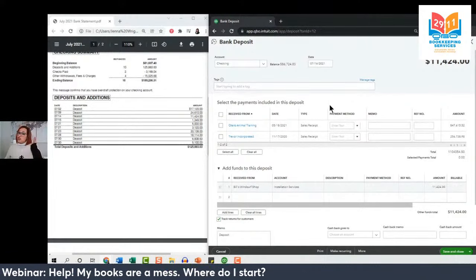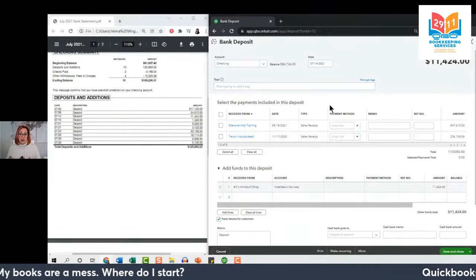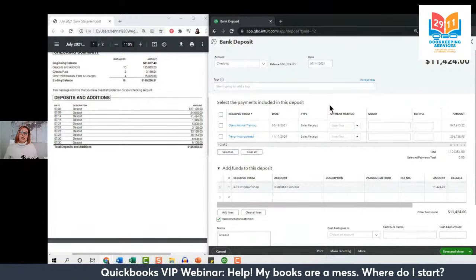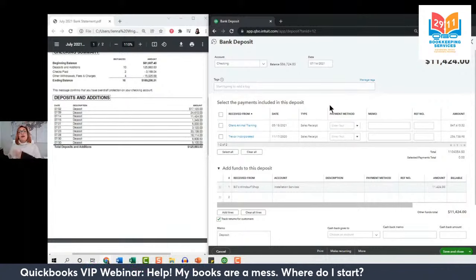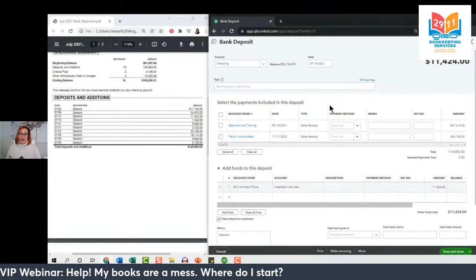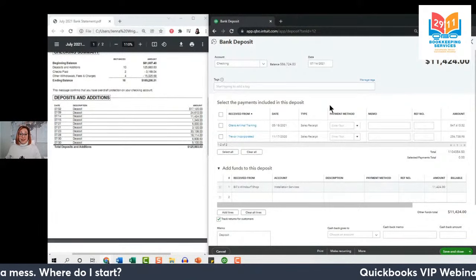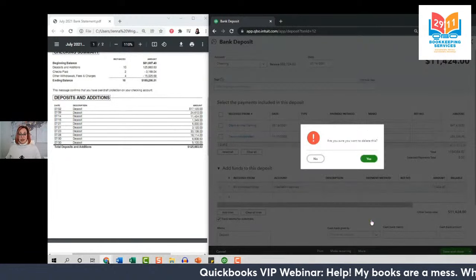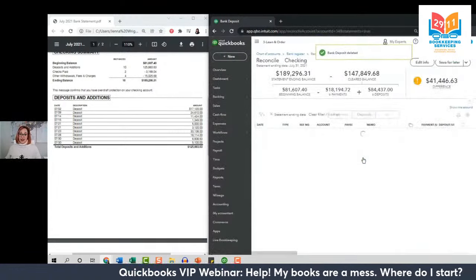Our next step, check your real world documents. I'm checking the real world payments, maybe the real world checks I received from this customer. And in the real world, I find out they also only paid me once. So now we have to deal with it in QuickBooks. This is a duplicate, this bank deposit transaction. So we're going to delete it. We can select more and then delete. And yes, I am sure.